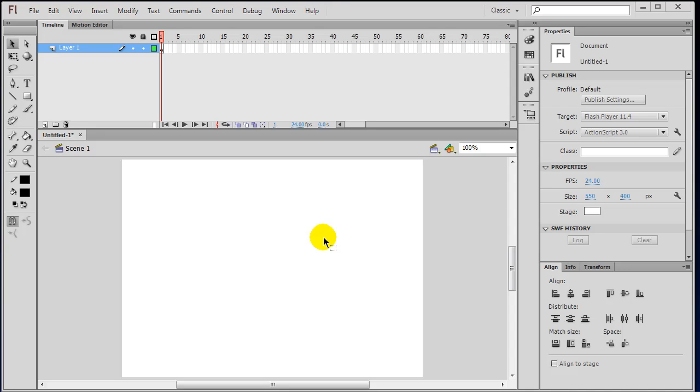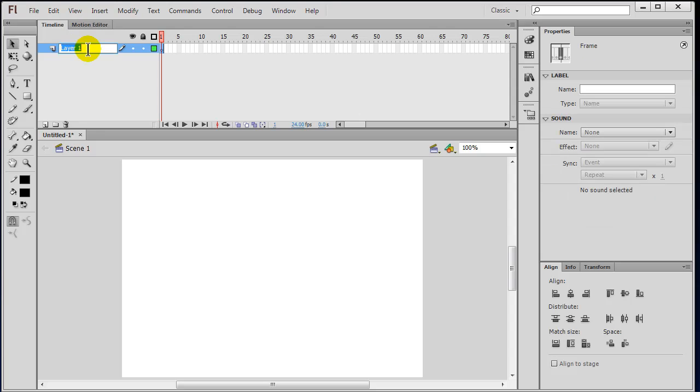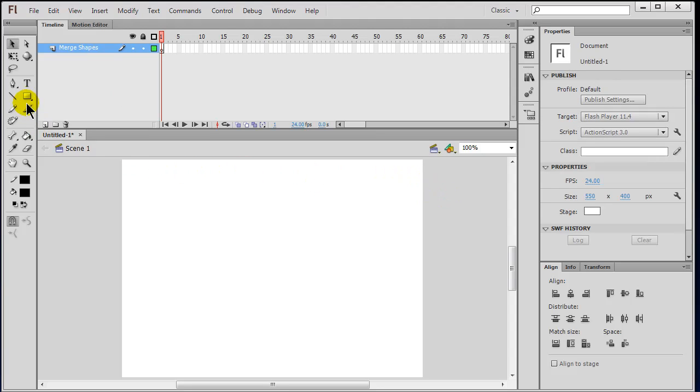Hey, this is Ralph, and in this video I want to go over merge shapes or merge drawings versus object drawings. So, I've got a blank Flash stage here set up, a blank movie stage, and I'll just go ahead and work on this first layer, but I'm going to label it as merge shapes. So a merge shape can be done very easily with the rectangle shape tool or the oval shape